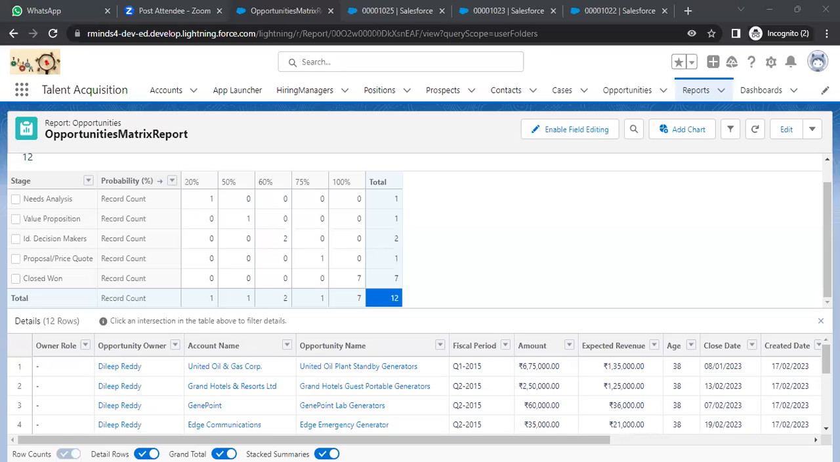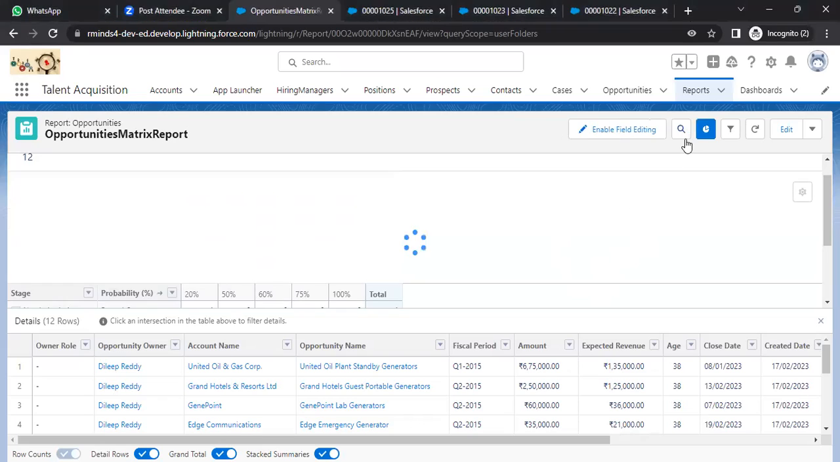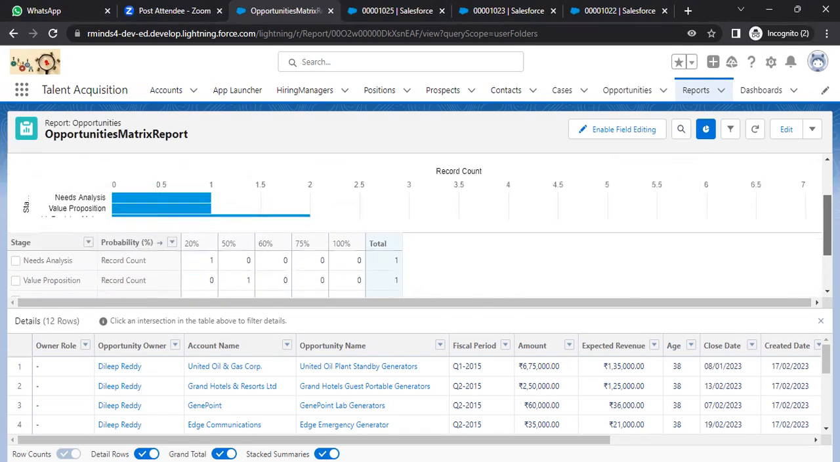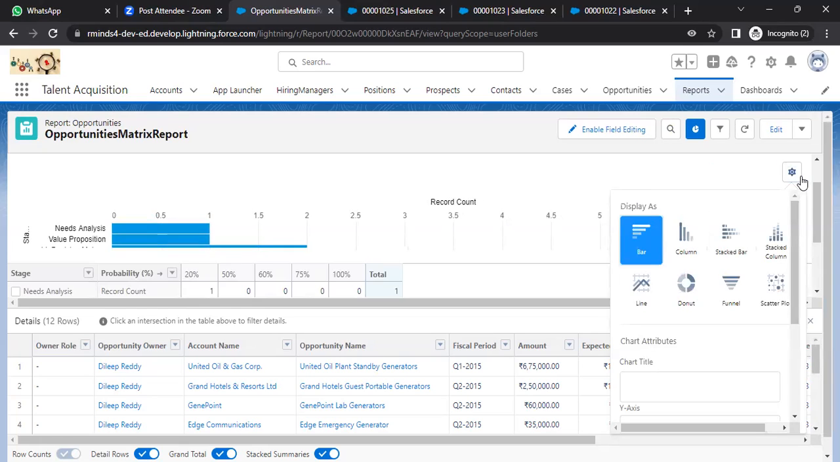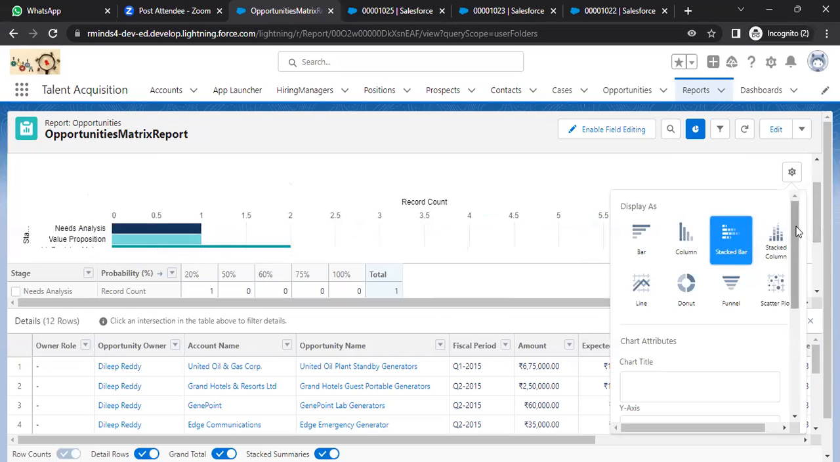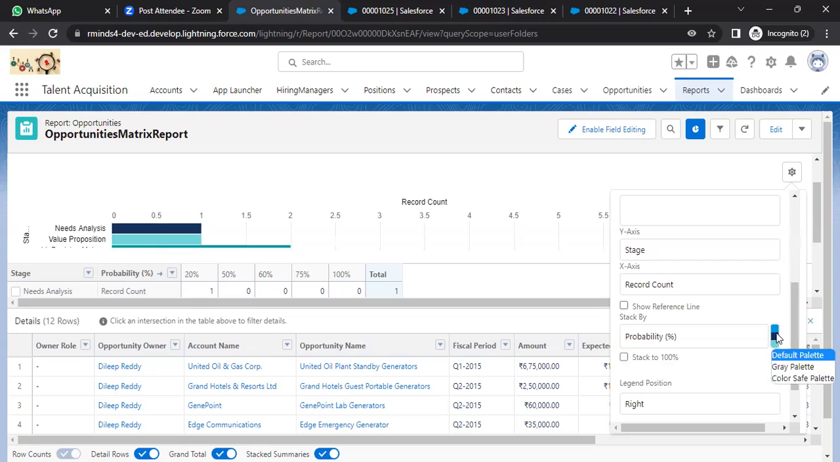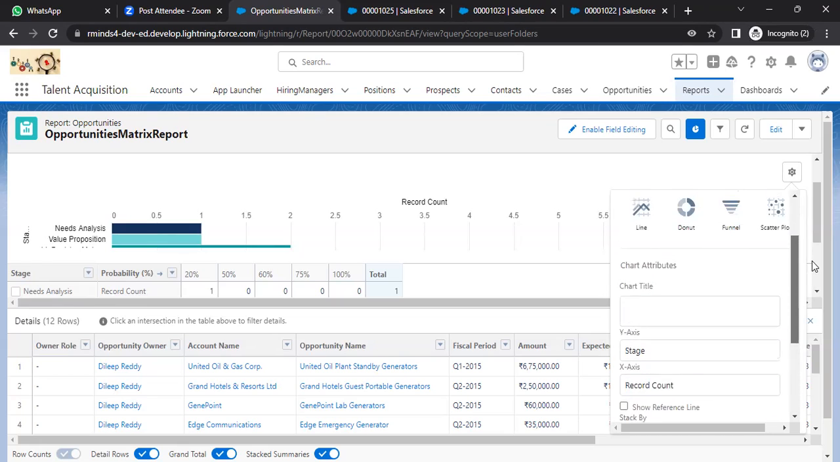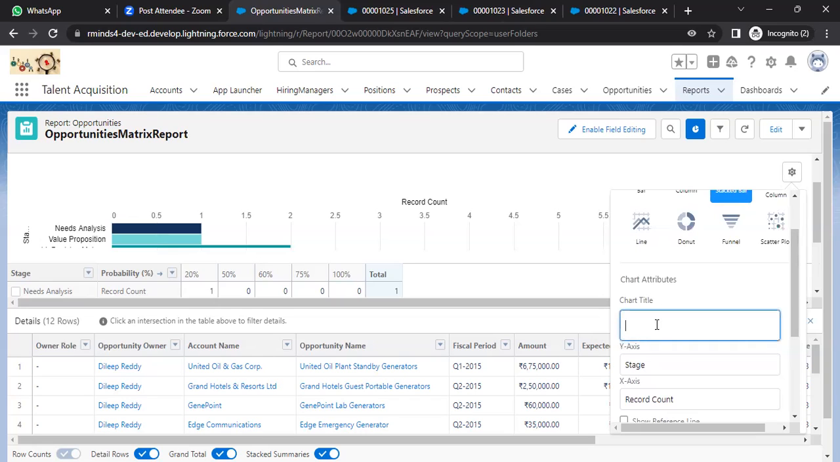So we can see this row level grouping and column level grouping, and that's the reason it's called matrix report. And we are going to add the chart components to this particular report. Okay, so it has taken the default format of bar chart, horizontal bar chart. We can go for vertical bar chart if you want, or else stacked bar. Okay, so yes, and we can give the colors and the orientation, and also we can name this particular chart as